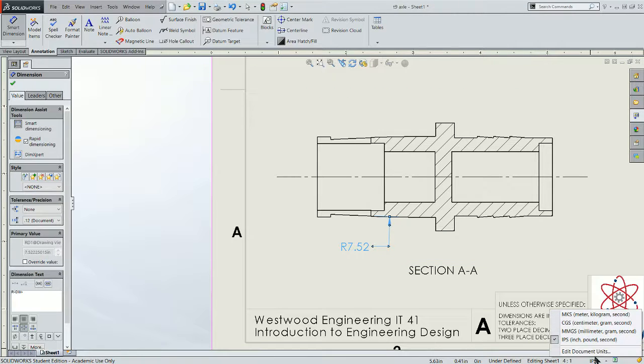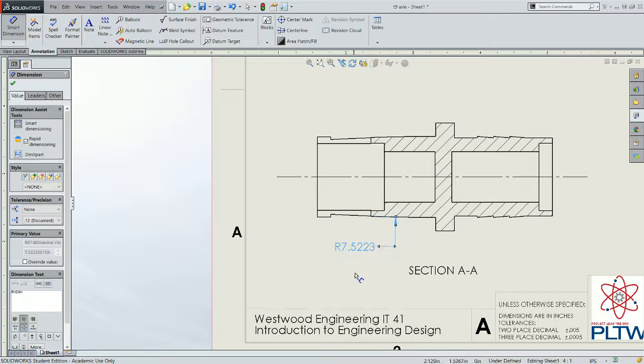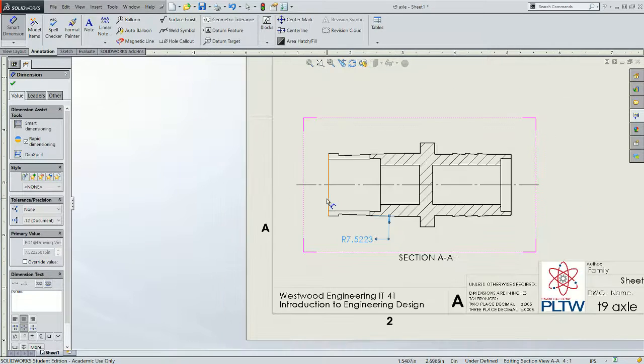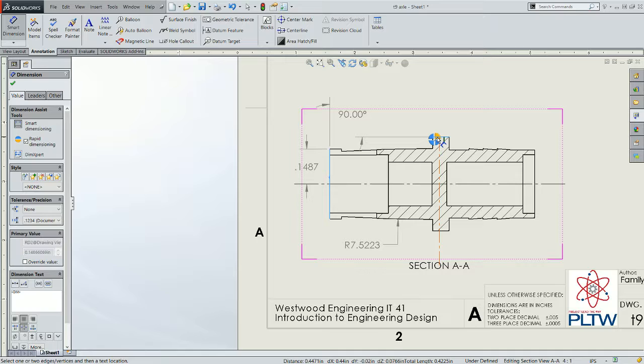I want to change my document units and put it to 4 decimal places, because the dimensions are fairly small in this particular device. Now I want to start to dimension basically the radiuses of the revolve that made this item. So I'm going to start out and just work my way in from one edge. So my outer point is 1.487. You'll notice this is a radius, so I don't really need to do a dimension there, but I'm going to go ahead and